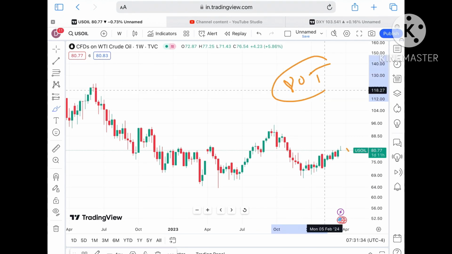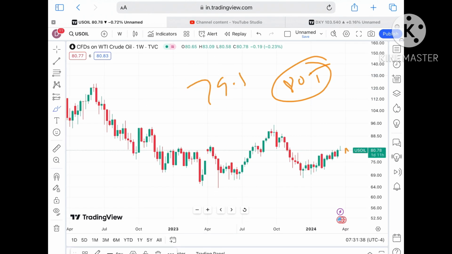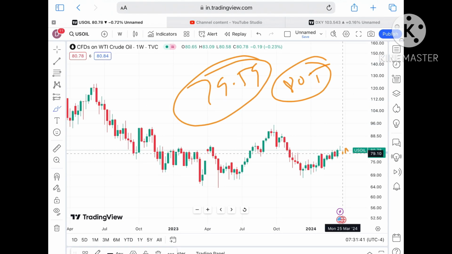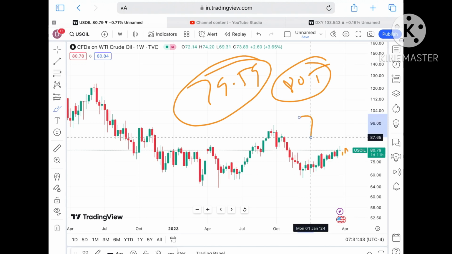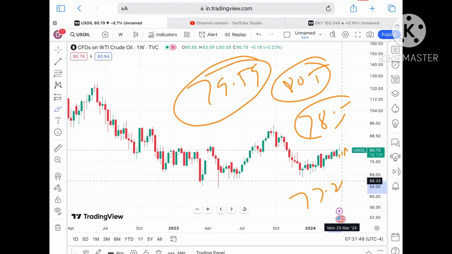So if the price doesn't sustain, it can come down again towards a level of $80.5. Okay, and if that level moves further down, then we will see it will come towards a level of $79.59. Suppose if the price falls below that particular level, a further fall we can see towards a level of 78.5, and from there a probability of touching a level of around